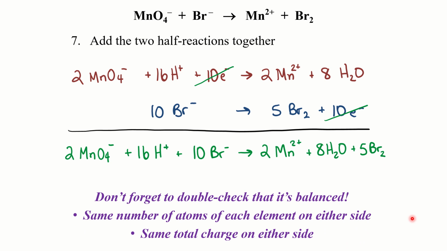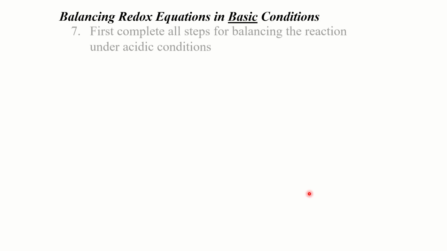You do want to double check to make sure that it's balanced, so you should have the same number of atoms of each element on either side. You should also have the same total charge on either side. And if you want to pause the video and check, you should find that this reaction is balanced. All right,